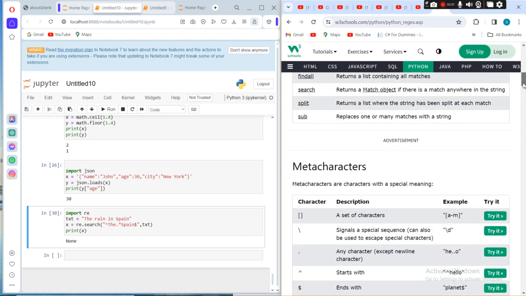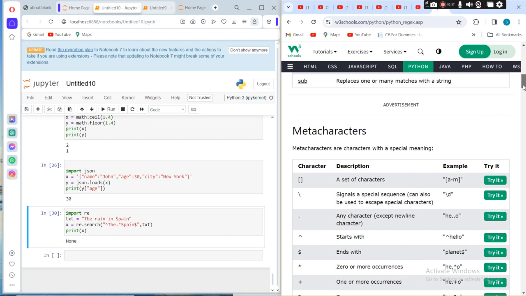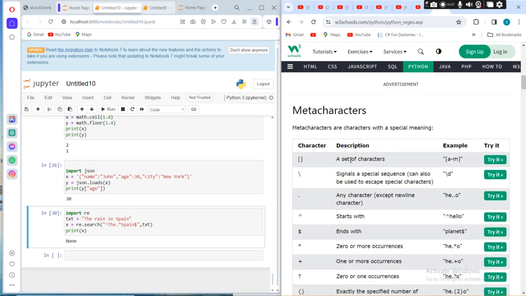Metacharacters are characters with special meanings. For example, the square brackets mean a set of characters, for example, from a to m. This special